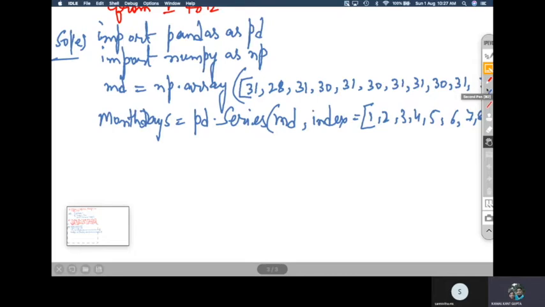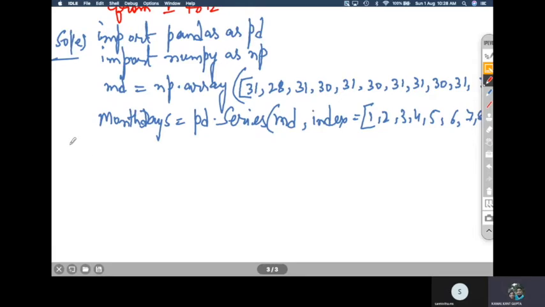Okay, so this is all about creating series in different ways. The questions may be asked like this in your exams also. Small questions may be given to create series with different types of parameters like lists, arrays, numpy arrays, or you may use a dictionary, etc. Now let us move on to the next question. One more question we will try to do now, and that will be from the data frame, right?